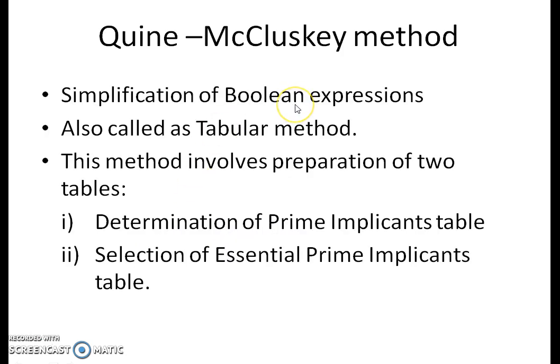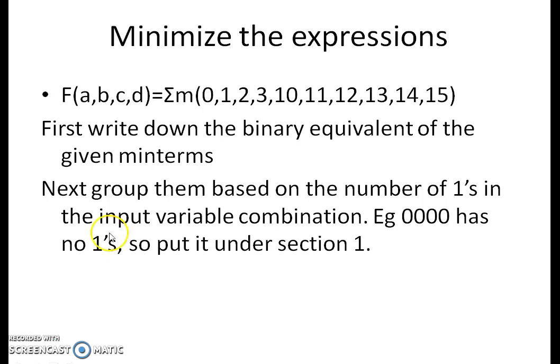So this is used for simplification of Boolean expressions, and this is also called your tabular method. Whenever we want to apply the QM method for simplification, we have to prepare 2 tables. One is the determination of prime implicants table and one more is the essential prime implicants table. So these 2 tables have to be prepared. So I have taken one example and we will see how to apply this QM method for reducing the Boolean